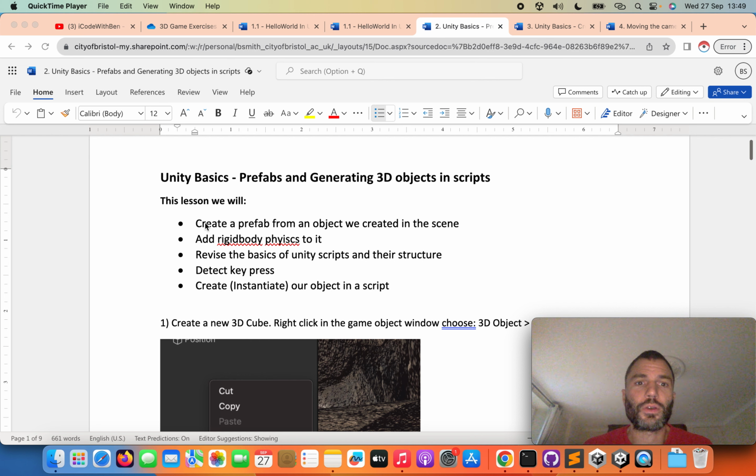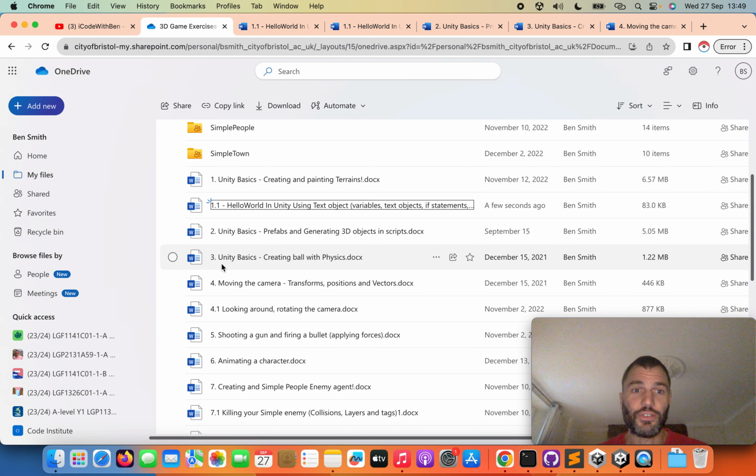So what this is going to be about is creating prefabs. I might have done this already, but I'm going to show you how to do it again. We're going to add some physics to it. We're going to create different shapes, maybe some materials, and then we're going to generate these objects at runtime. So when the person presses a key, they're going to generate lots and lots of them. So it's kind of a bit fun. So this worksheet is Unity Basics 2, Prefabs and Generating 3D Objects, which you can find in the folder,